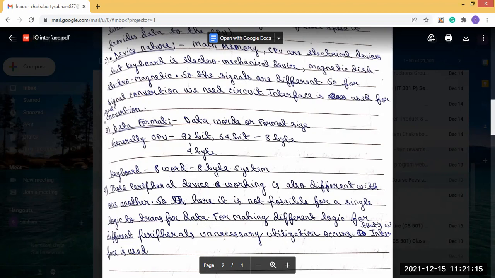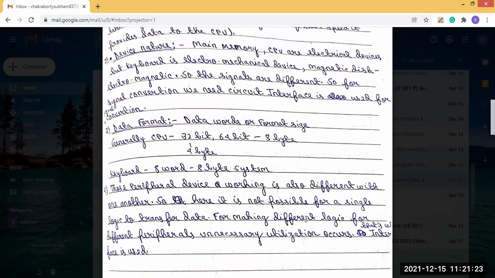This is the keyboard function. Now the function of our printer is not the same as the keyboard, and also the function of our magnetic disk or hard disk is not the same as the keyboard function or our printer function. So that means functions are also different. All of the input output devices have different functions. It is not the case that all the input output devices have the same function.